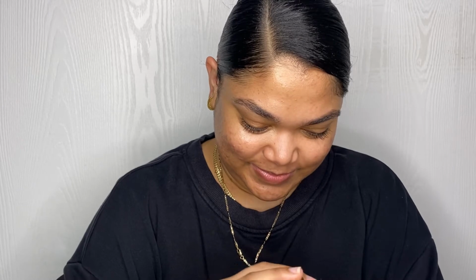So for foundation today, I think I want to use my MAC Studio Fix Fluid, and this is like my ultimate favorite. Like, I would never stop wearing this foundation. Yeah, so I'm gonna take a little bit of that, and I'm gonna use